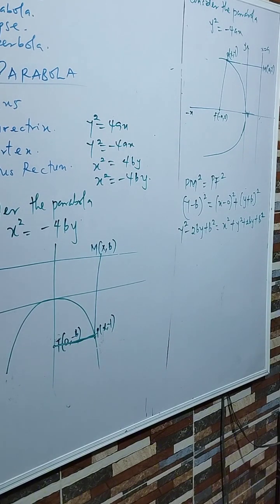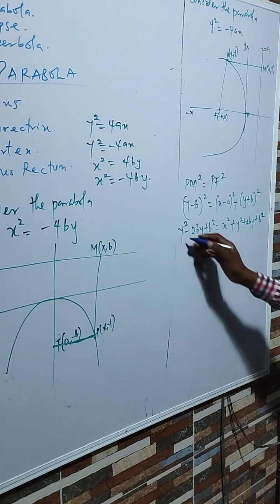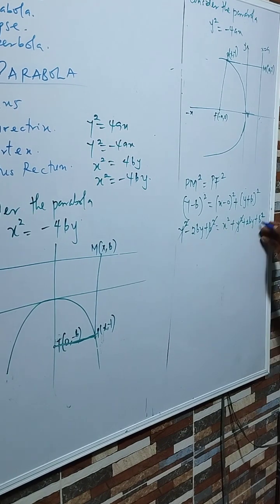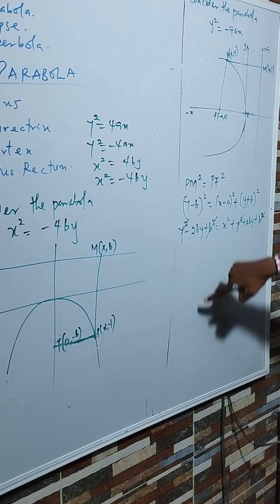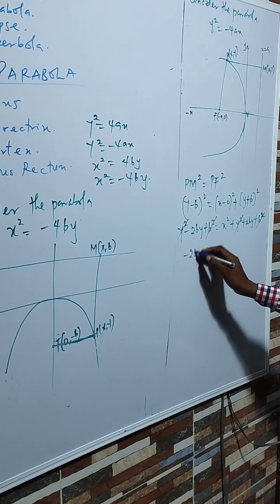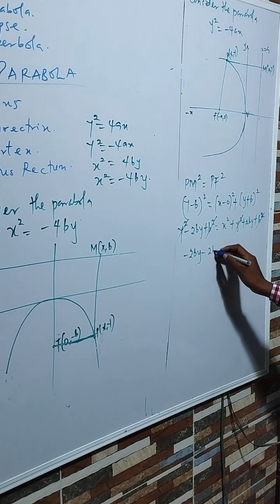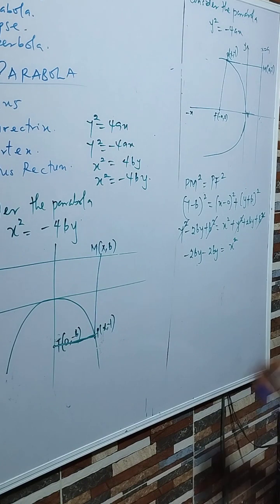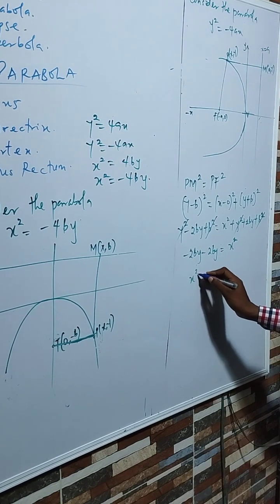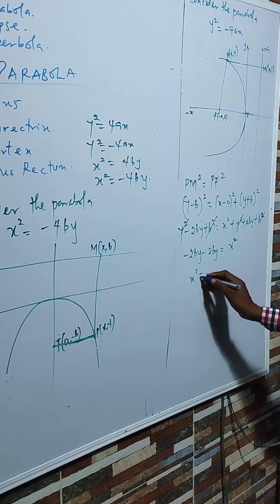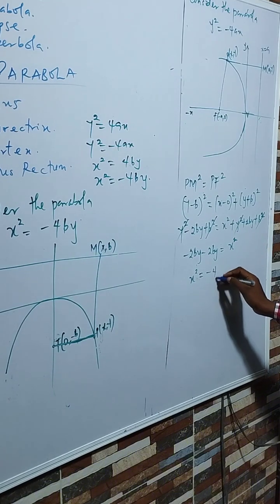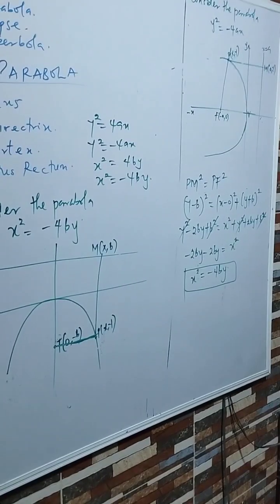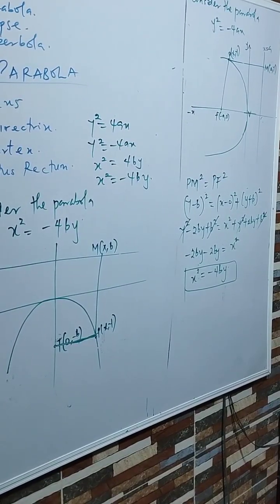So with what we have here, y squared will cancel this, and b squared will cancel this. Taking this to the other side, we are going to have minus 2by minus 2by is equal to x squared. So at this point we have x squared equal to minus 4by, and this is the equation of the parabola